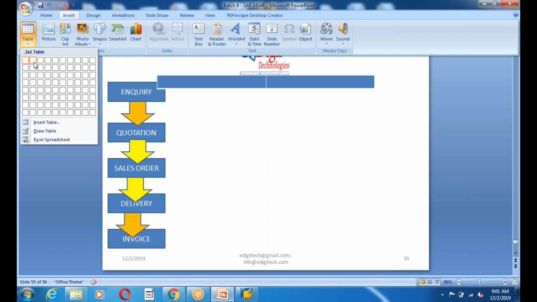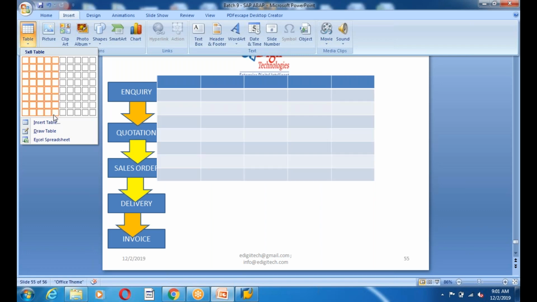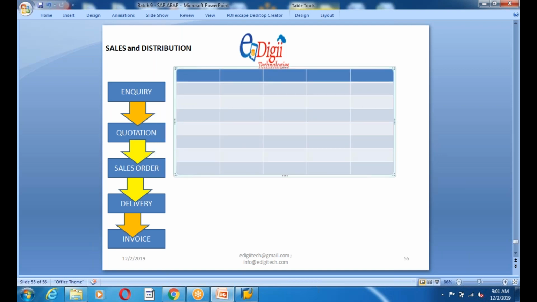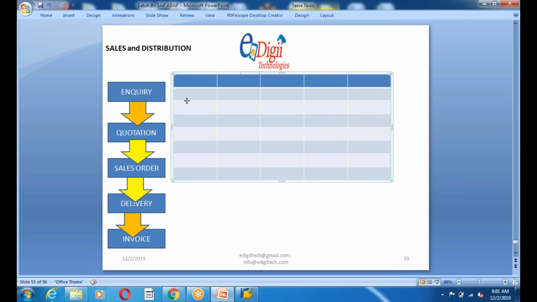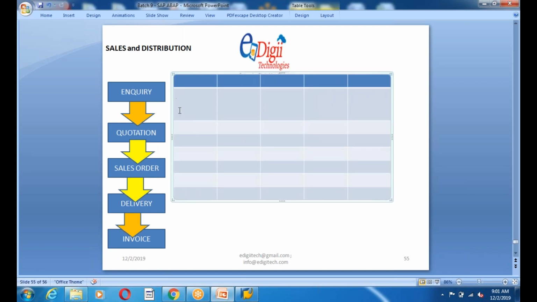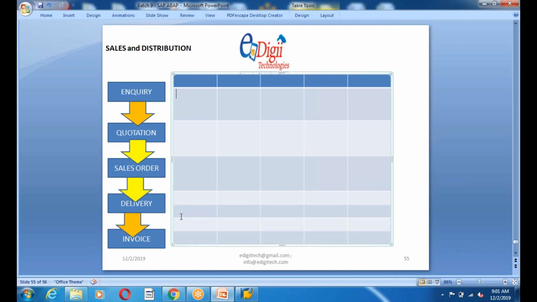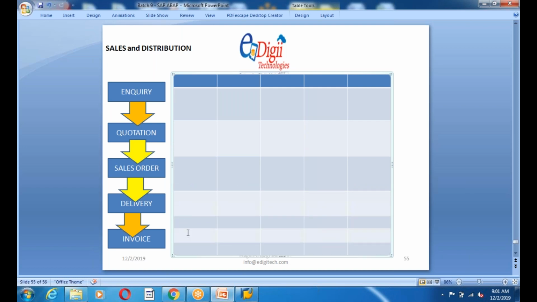And create, change, display, header table, and item table. It's an inquiry, quotation, sales order, delivery, and invoice.